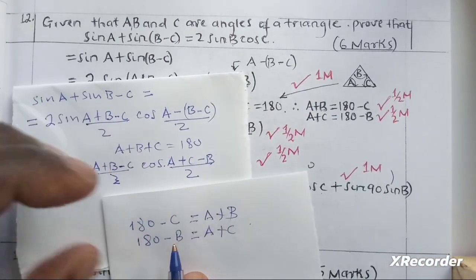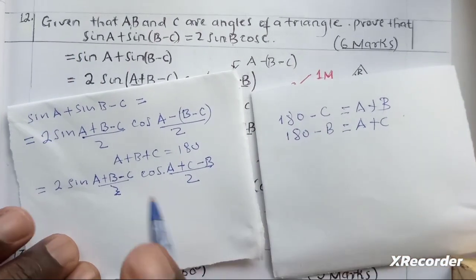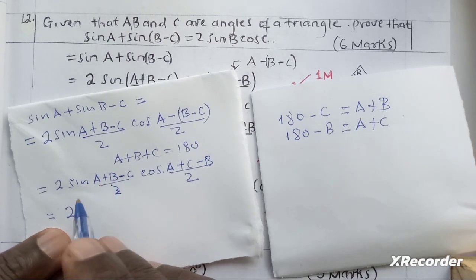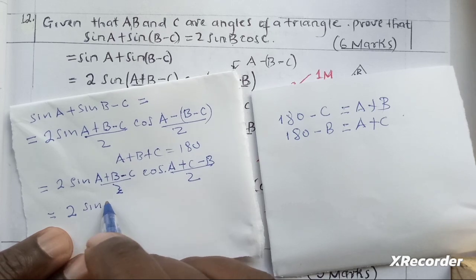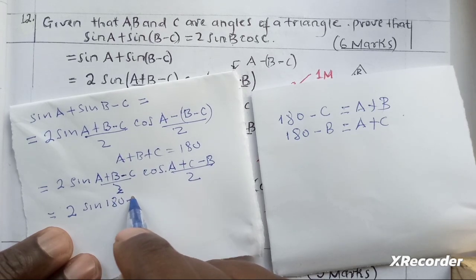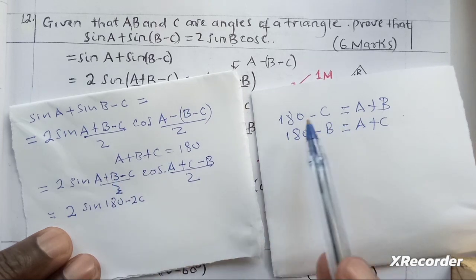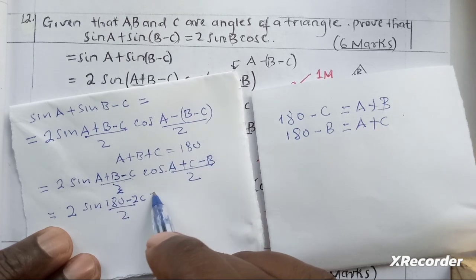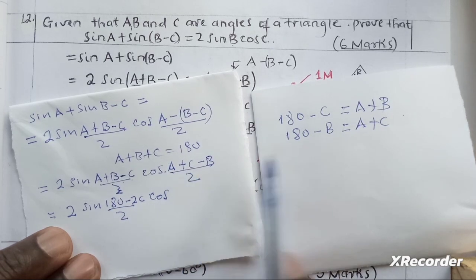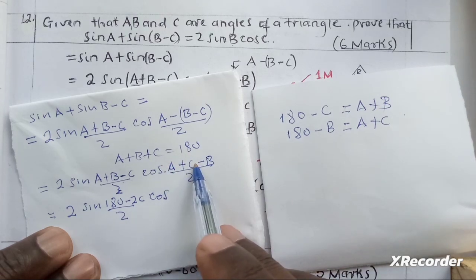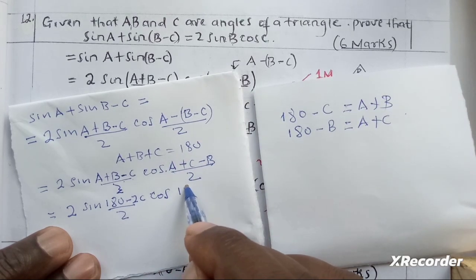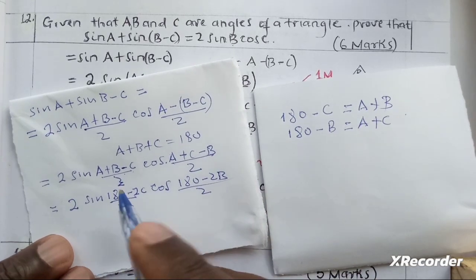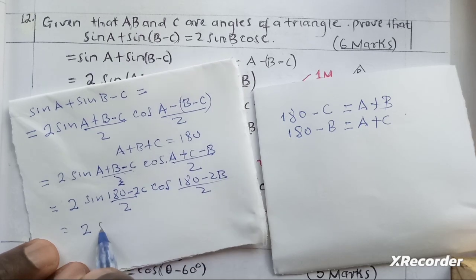So using that one, you come to this other equation where we write this is equal to 2. Instead of writing sin (A plus B), you write sin (180 minus C) all over 2, because this one will be 180 minus C. Then we have cos, and A plus C is 180 minus B, so it's (180 minus B) all over 2. Meaning you can now cancel that, and then you will get 2 sin 90